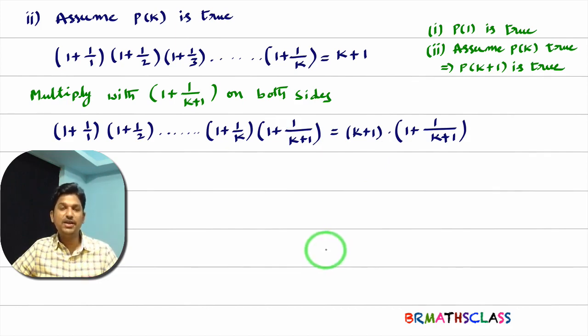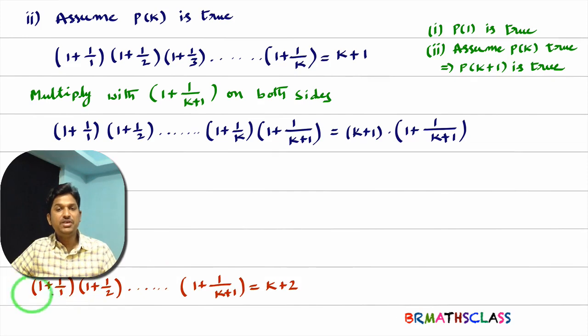It is important to keep in your mind what is P of k plus 1. See, this is P of k now. In this, wherever k is there you write k plus 1. Then you will get P of k plus 1. Let me write what is P of k plus 1 here. You see, this is P of k plus 1. In this P of k, wherever k is there if you write k plus 1, then you will get P of k plus 1.